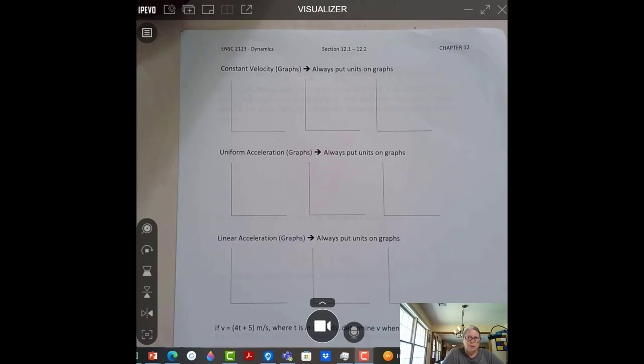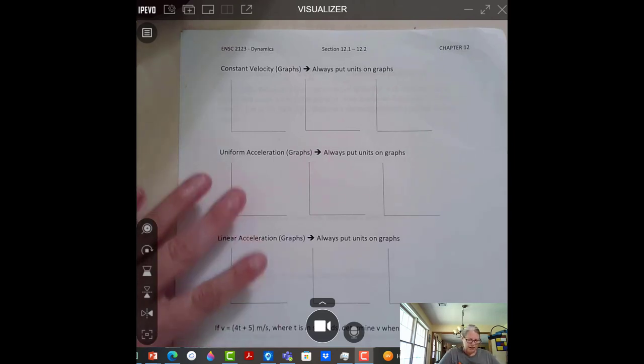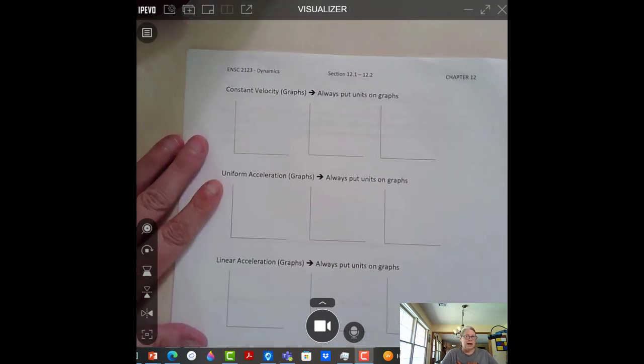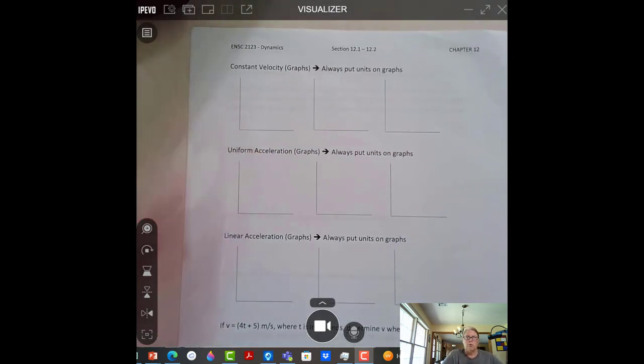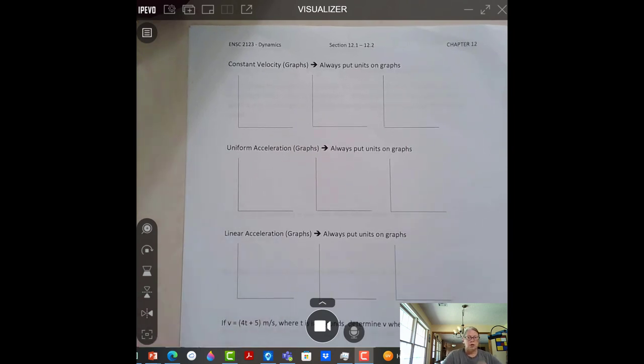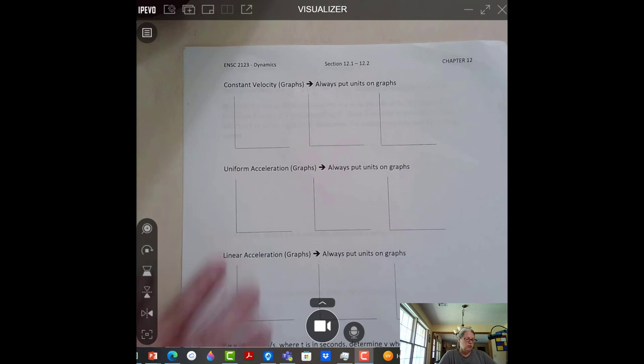Okay, so we're going to do a couple of examples. We're going to work on page 1 and 2 of the examples for this packet, section 12.1 to 12.2. Remember, you also have examples in your book as you're working homework. So one of the things I like to do before I get started when I'm working with kinematics is just